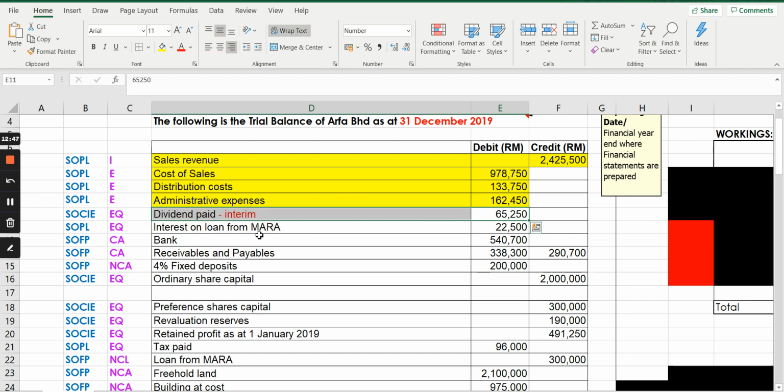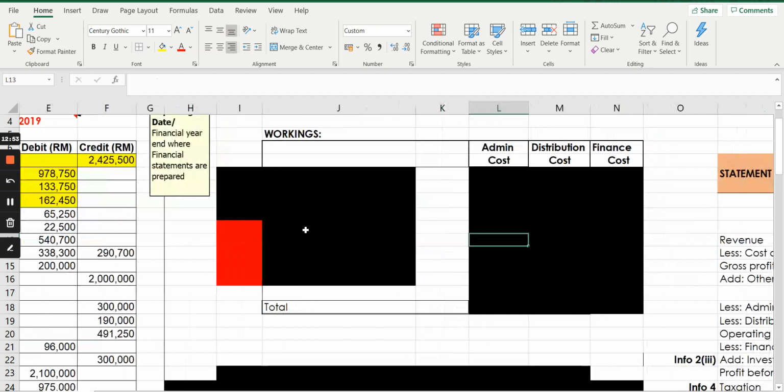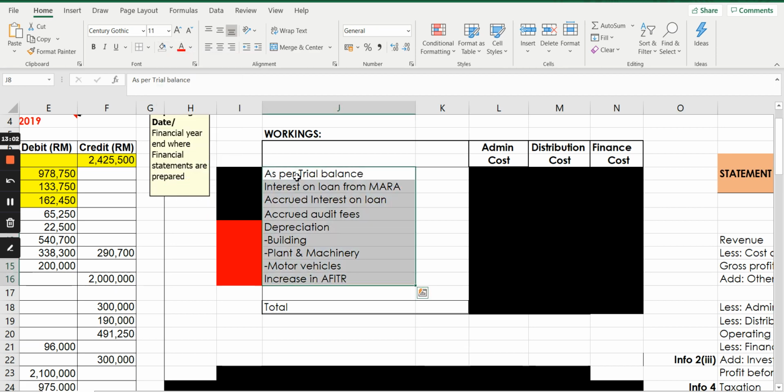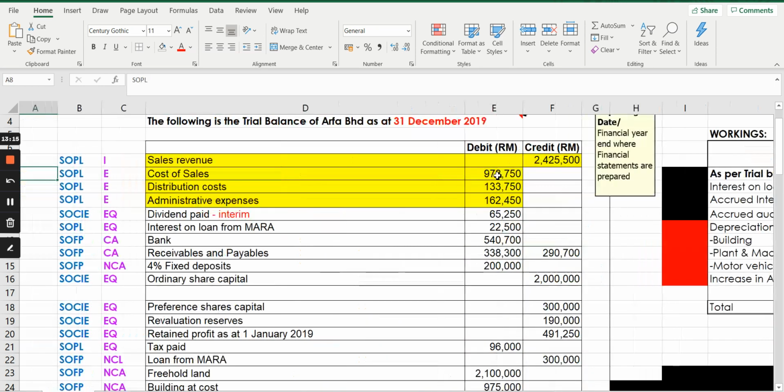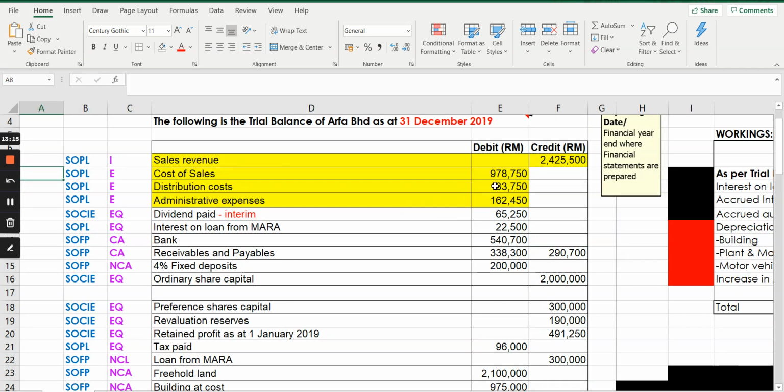Interest on loan, this one you should go and put in your workings. So now your working section, you can also start having it here. For example, I have already put the workings for you, which is, you should have the working as per the trial balance. As per the trial balance means, if you can see here, for the admin cost, what is the information as per the trial balance? As per the trial balance, it was